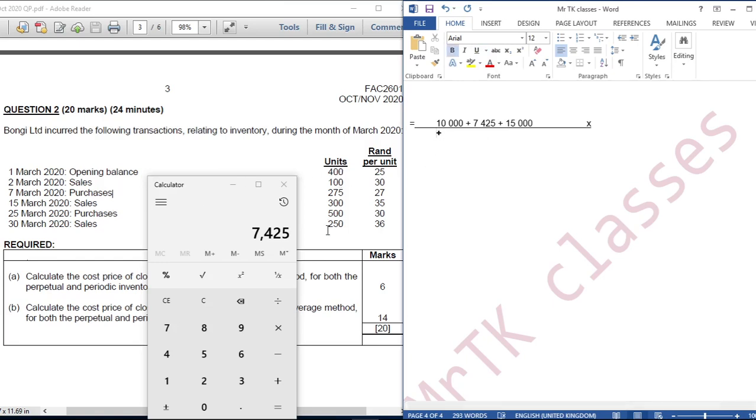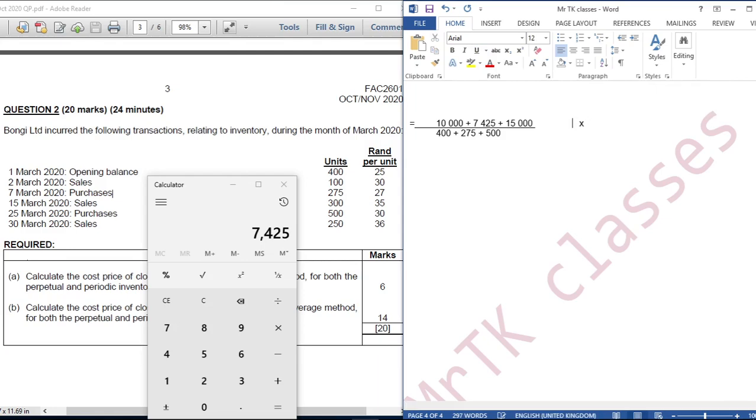Opening inventory, 400, right? 400 plus 275 plus 500, right? Okay. Plus 500